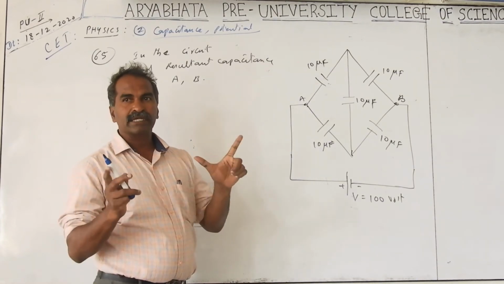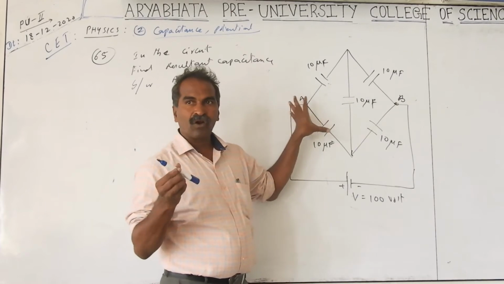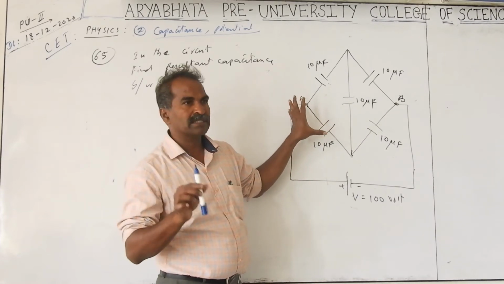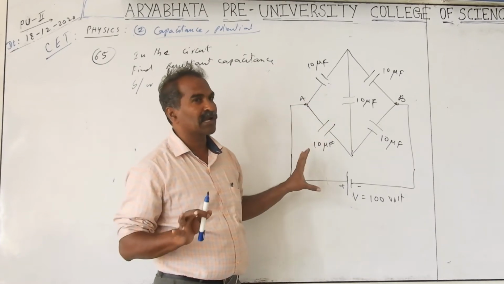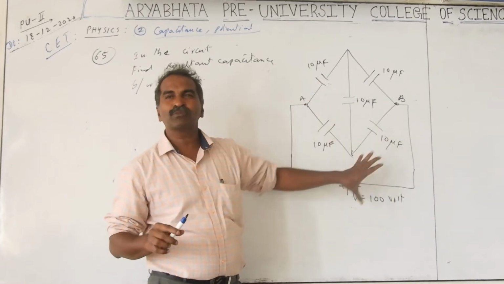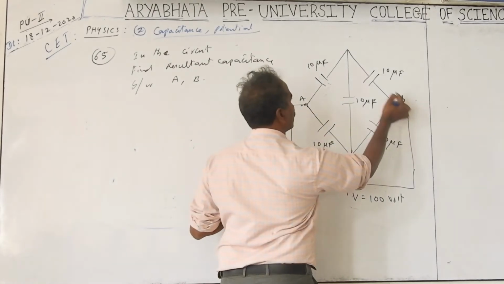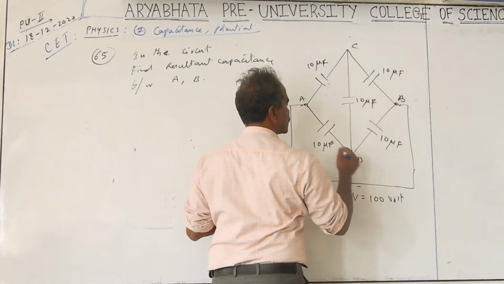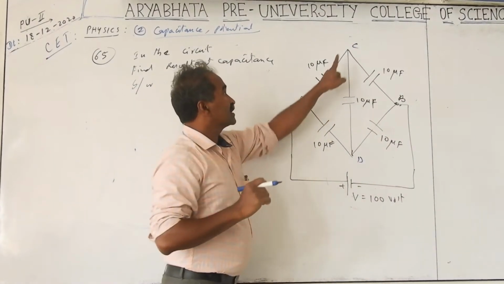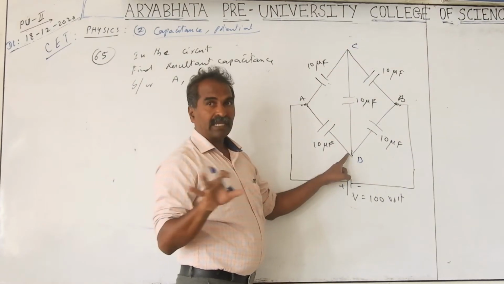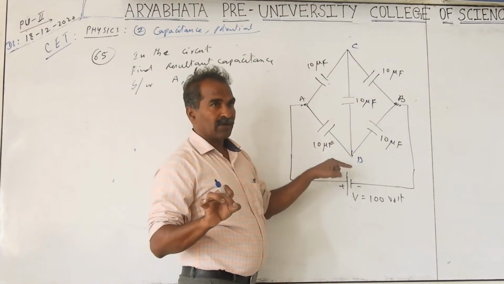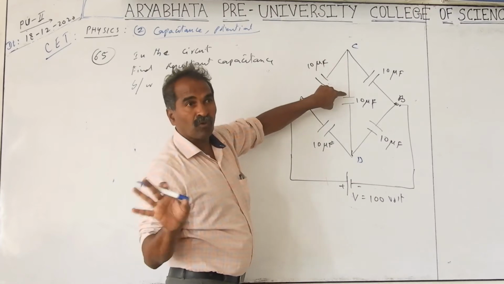If you take, say, five conductor rods, of the same type or different types, based on the conditions, this arrangement is called the Wheatstone bridge arrangement. In this arrangement, I'll take this point as C and this as D. If the potentials at C and D are equal, there is no flow of charge between these two.